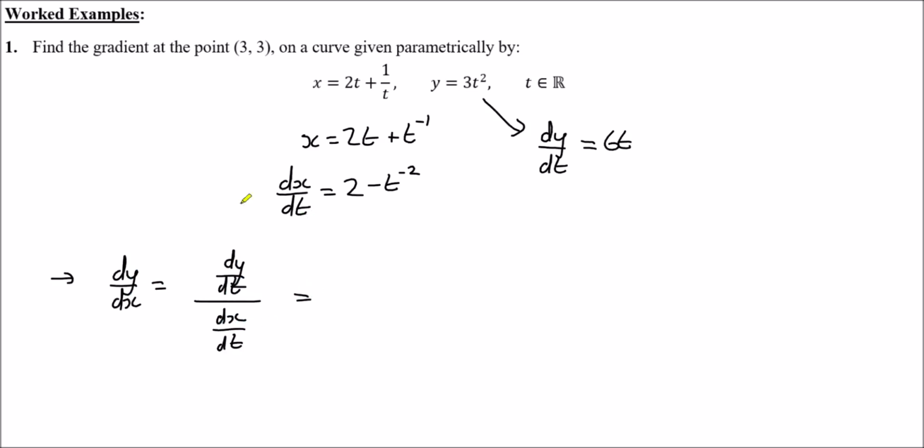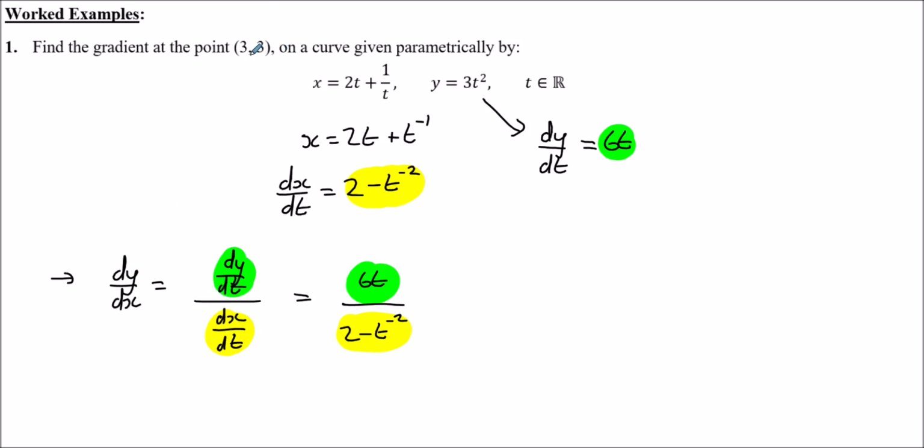So dx over dt was 2 minus t to the minus 2, whereas dy by dt is simply 6t. So if we just plug this in now, we get 6t on top divided by 2 minus t to the minus 2 on the bottom. Now we don't need to do anything else with this in terms of rearranging or simplifying, because all we need to do is process the value of the gradient at the point (3, 3). So all we need to do now is use dy by dx and substitute in the correct value of t